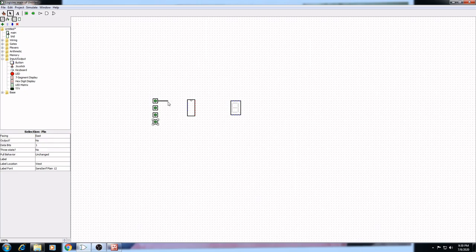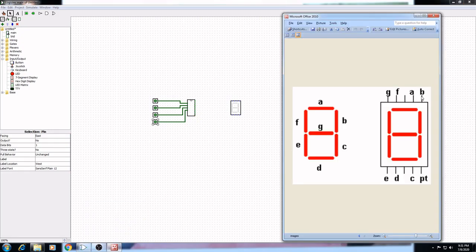Let's connect them to A, B, C, D. This is A, this is B, this is C, and this is D. Here we will find A, B, C, D, E, F, G. According to this pin diagram we have to connect all the inputs.